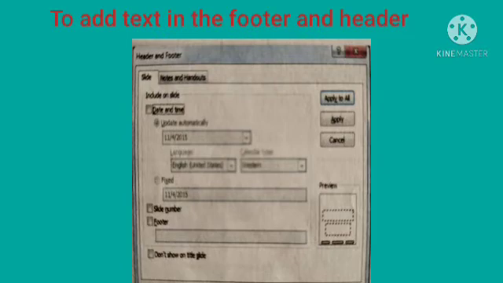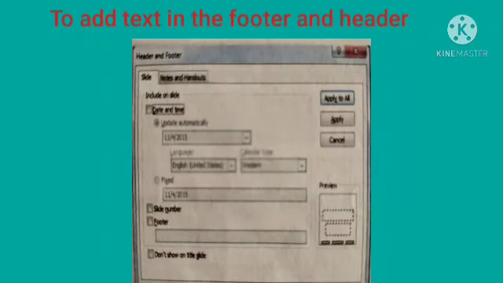On the Insert tab, in the Text group, click on the Header and Footer option. A dialog box will appear. The first option available is Date and Time. If you select the Date and Time checkbox, you will be given two options: Update automatically and Fixed.